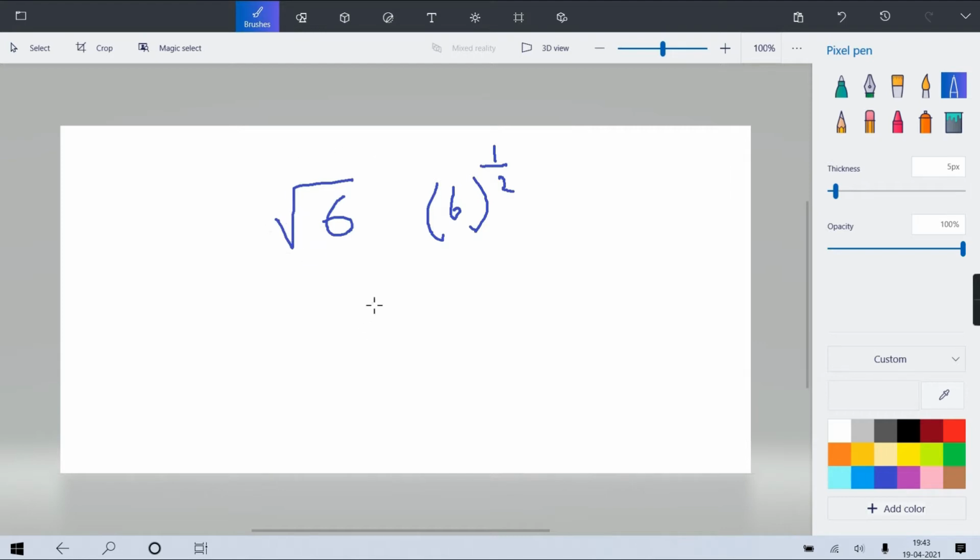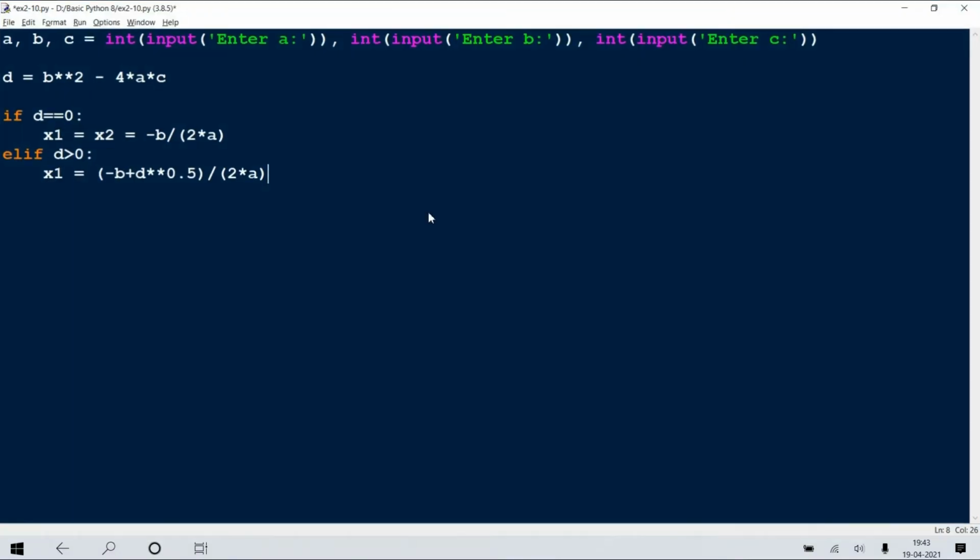Yes or no? Just give confirmation. Yes, sir. Then the second solution is minus b minus square root of d divided by 2a. These two roots are also done.